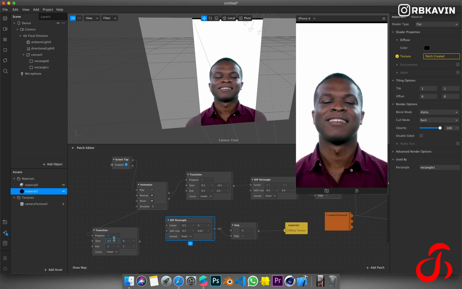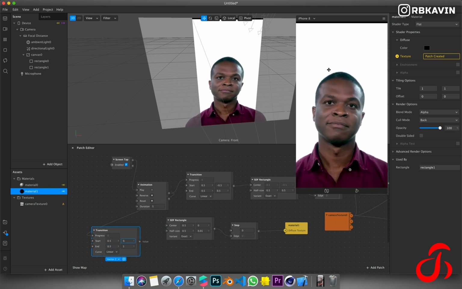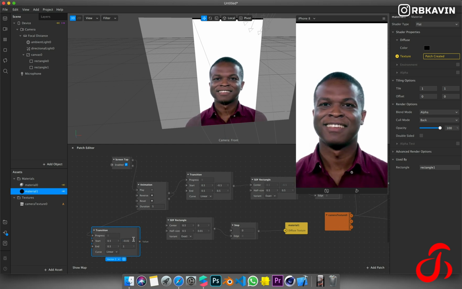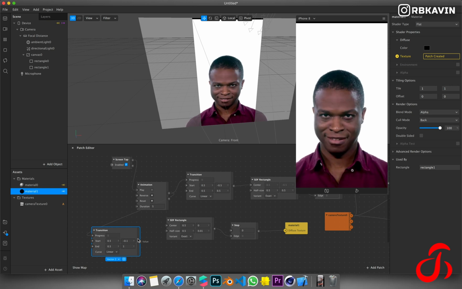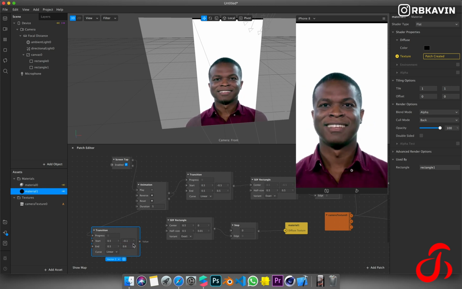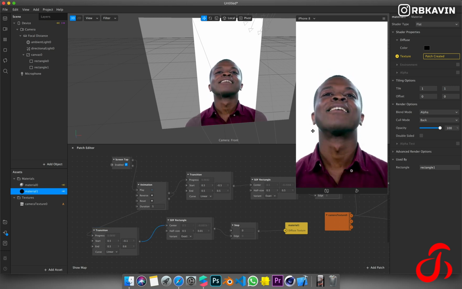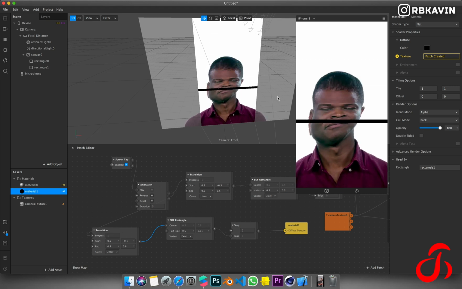Now we don't want to change the x-axis, so I'm putting 0.5 directly over there. And I want it to not be visible at the initial stage, that is, I don't want to see the line at the initial time. So I'm putting minus 0.1 to 0.5. Let's make it 0.6 so that the line is not visible afterwards. Now if I click, you can see the line moves based on the places.